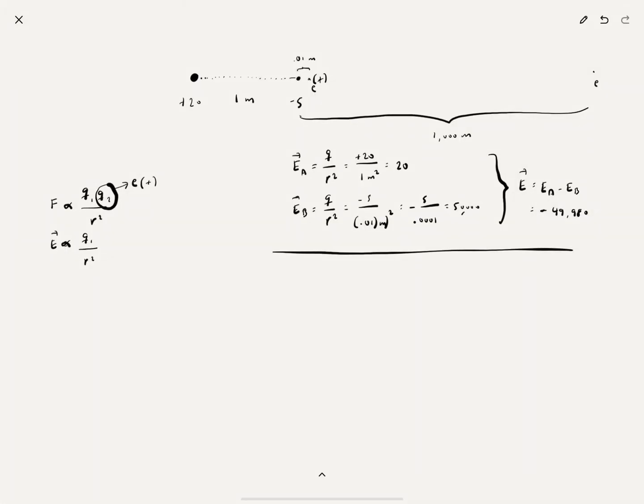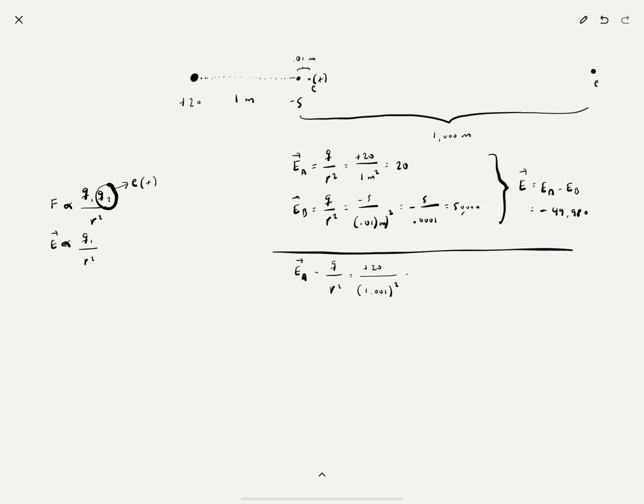Now let's look at this second point over here, which is a kilometer away from the negative body, and so almost a kilometer away from the positive body too. We do the same thing. The electromotive intensity produced by body A is equal to the charge producing the field over r squared. The charge remains the same, it's plus 20, and r squared is